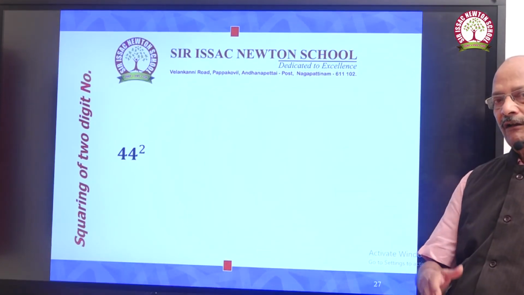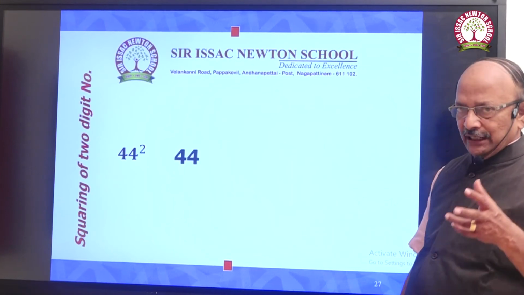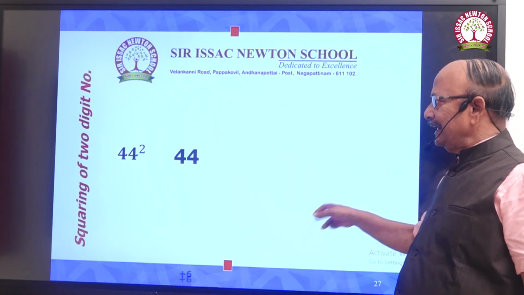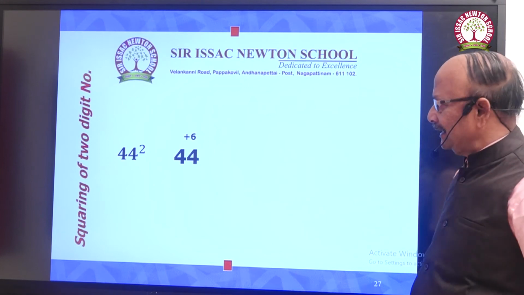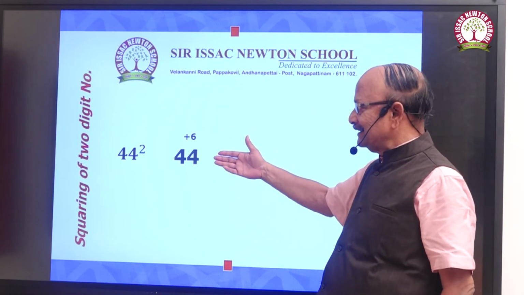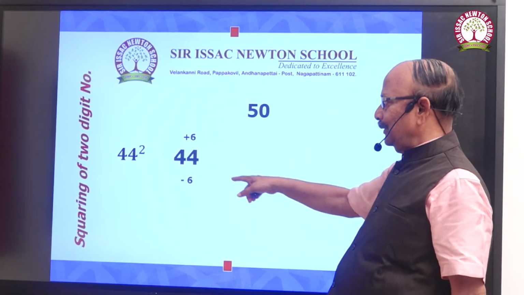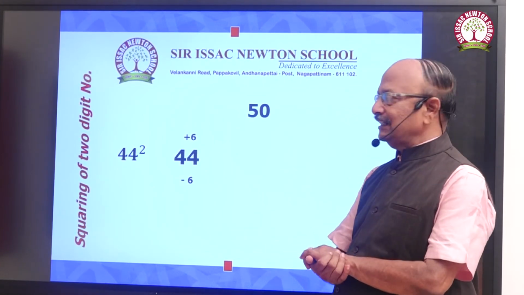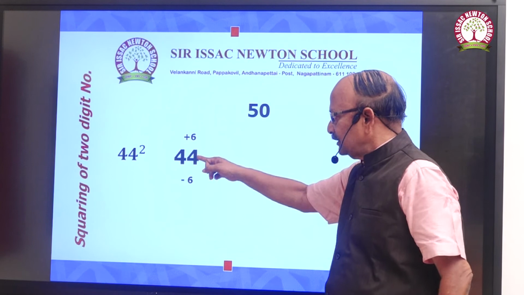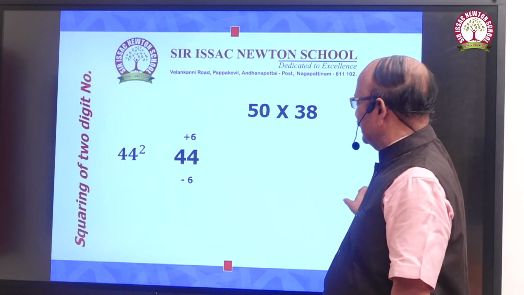Let us see the square of 44. So for 44 whole square, we have to consider the base. We will take it as 50. So when I take 50, that is 5 times the 10, the deviation is plus 6, and I have to take the same deviation in the negative aspect, which is minus 6. Since I have considered 50, that is 5 times 10, I have to write 50, that is 44 plus 6 gives you 50, and 44 minus 6 gives you a value of 38, and the 6 square will be 36.